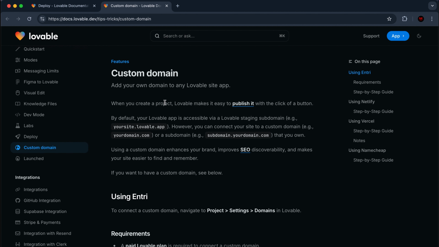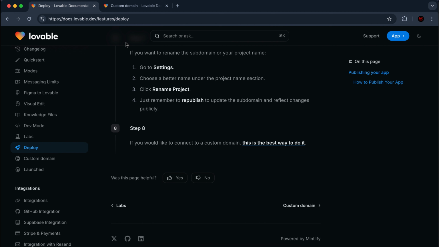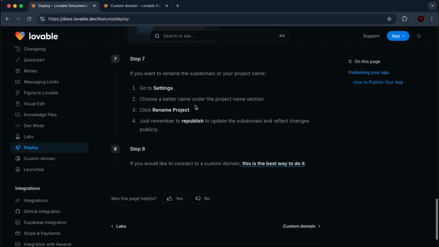So if you want your own domain and your own URL, you can do that as well, but it requires a paid Lovable plan, so you might want to be ready for that. Otherwise, you can obviously just host it on a shareable URL. So we'll leave all of these links in the description for you to check out the deployment process, but it's